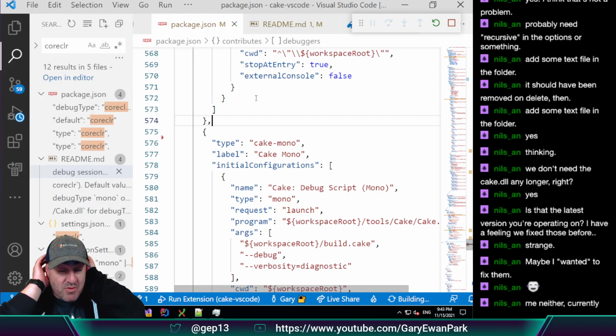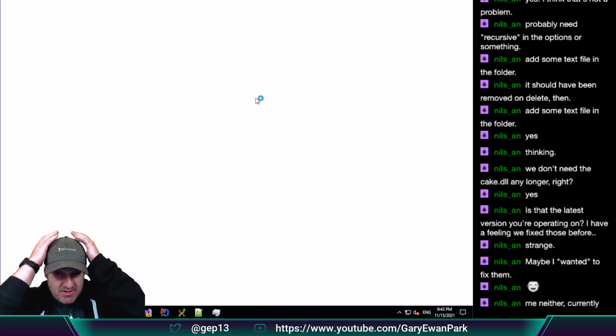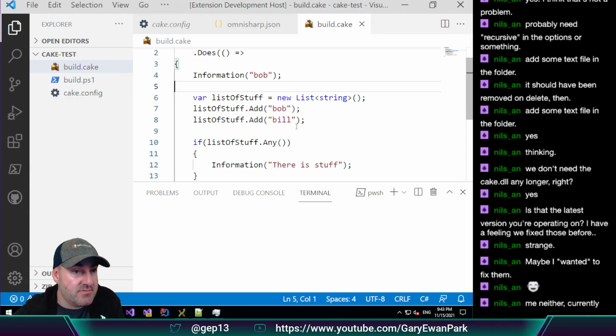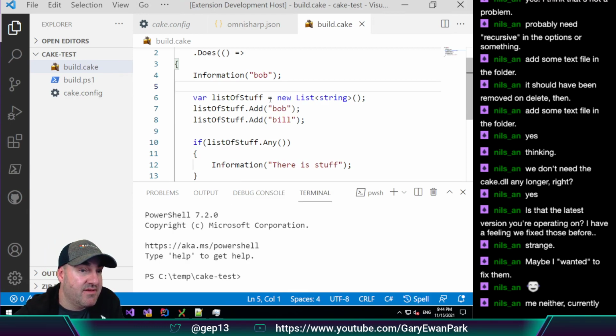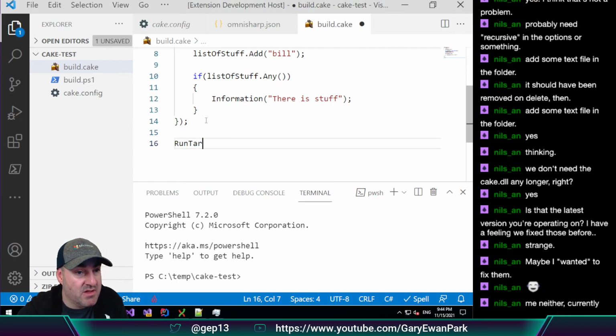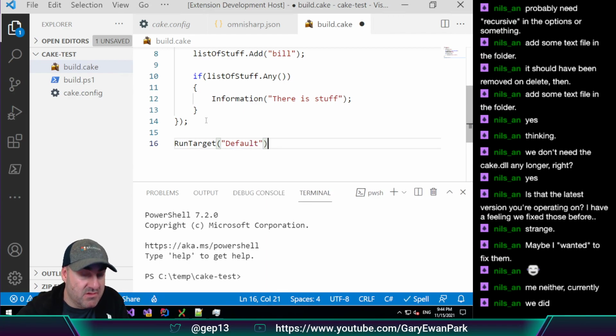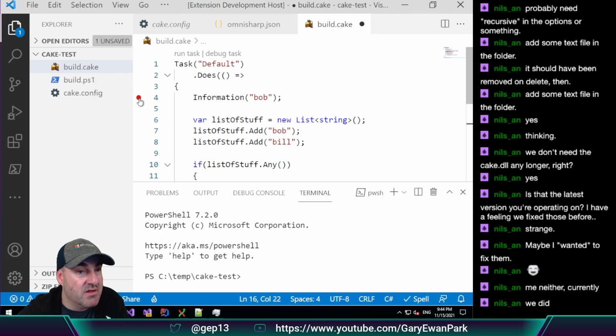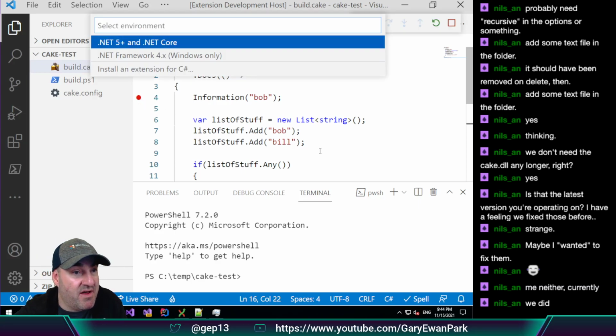It does. We had it working, didn't we? I just forget what the. So if I hit, well, this won't work because I haven't got a run target. But if we do a run target default and then set a breakpoint here, if we hit F5,